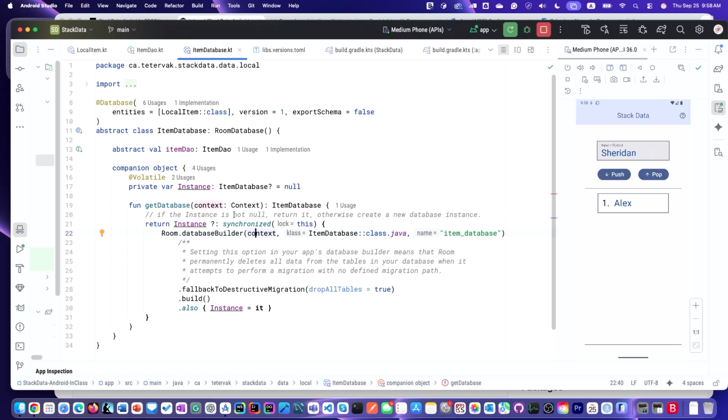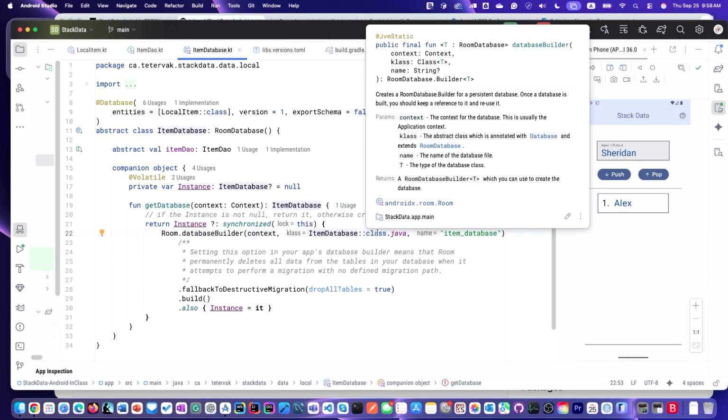Context of application class. What is context? It's an object that describes the application in general. In this case, it needs to know where to create files for the database. So it contains information on where to write the database. So it is picked from the context. What is this? In order to create an object based on a description, you need to have a description. And it is referring to